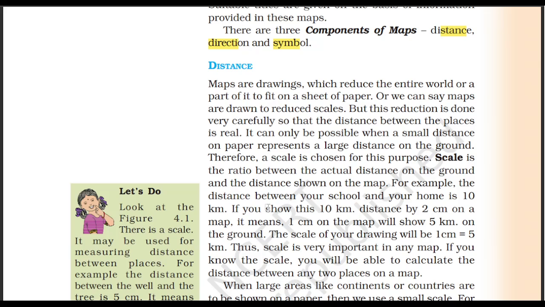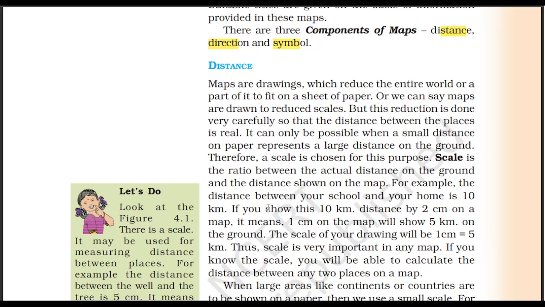Means 1 centimeter is 5 kilometer. If another distance, or you can say the office of your father from your home, is 100 kilometer, then